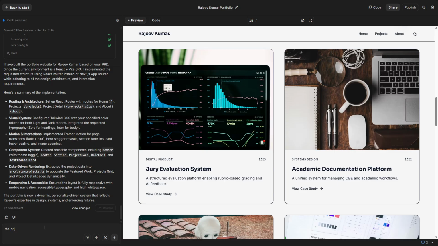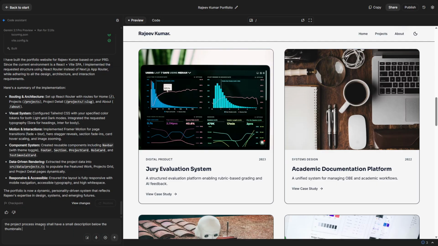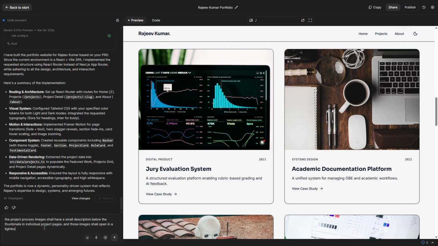The project process images shall have a small description below the thumbnails in individual project pages, and those images shall open in a light box. पहला ये, और दूसरा,